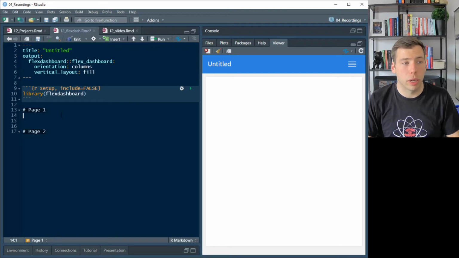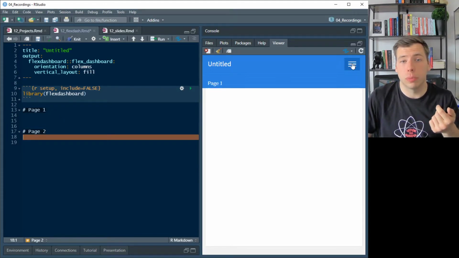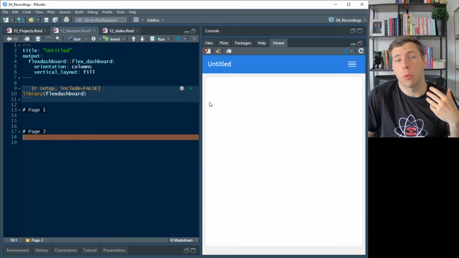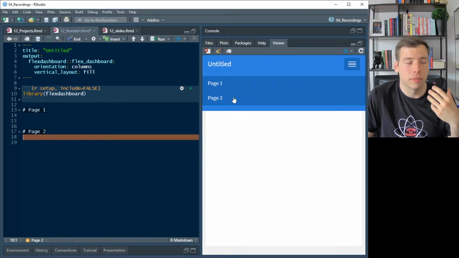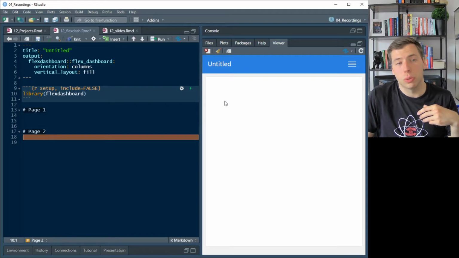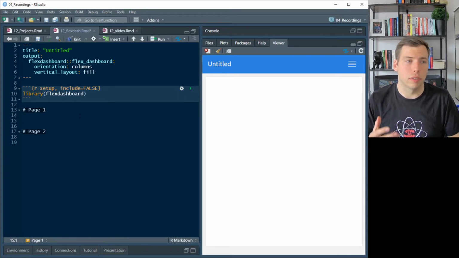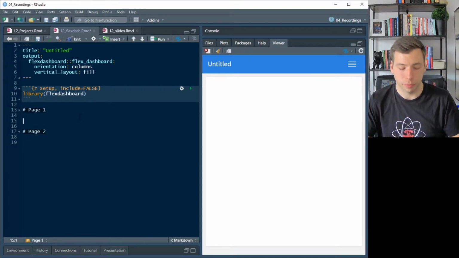So first I could fill my first page here with content and my second page with content here. And as you've just seen, a user could simply click on page 1 to explore one aspect of your data analysis, and then after he or she is satisfied with what was depicted there, that person can switch to page 2 and see a different part of your analysis or a different picture or whatever you want to show. So again, it's a little bit interactive,